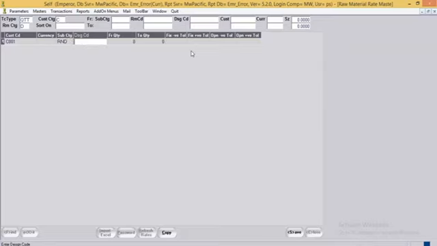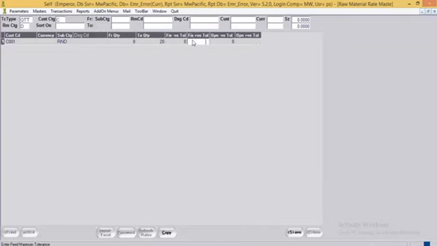If for a given design a special tolerance needs to be defined, then we need to mention the design code, or we can leave this field as blank. Then from quantity and to quantity, it is the slab of RM quantity for which we are defining the tolerance. For example, from 0 to 20 stones. Then user can define the negative tolerance and the positive tolerance, that is minimum quantity allowed and the maximum quantity allowed. Now there are two types of tolerance, that is fixed tolerance and the open tolerance.